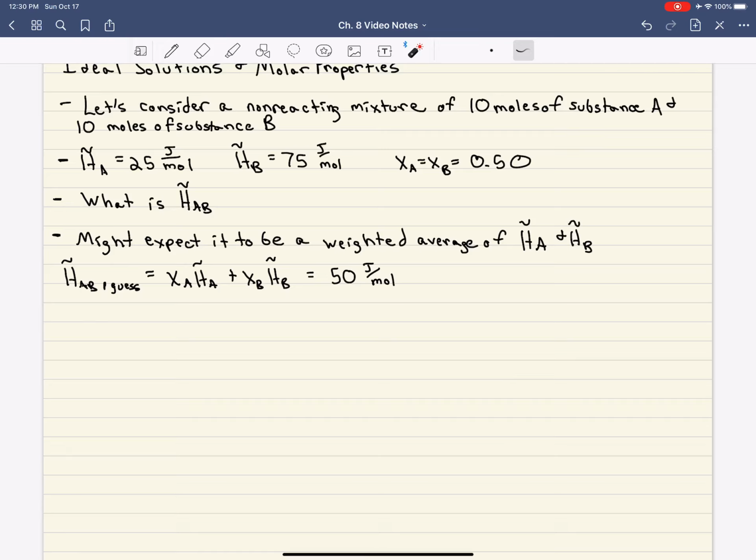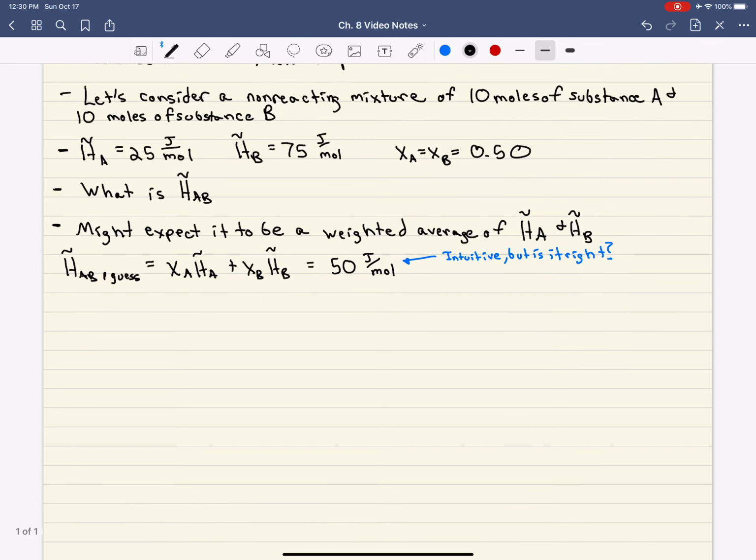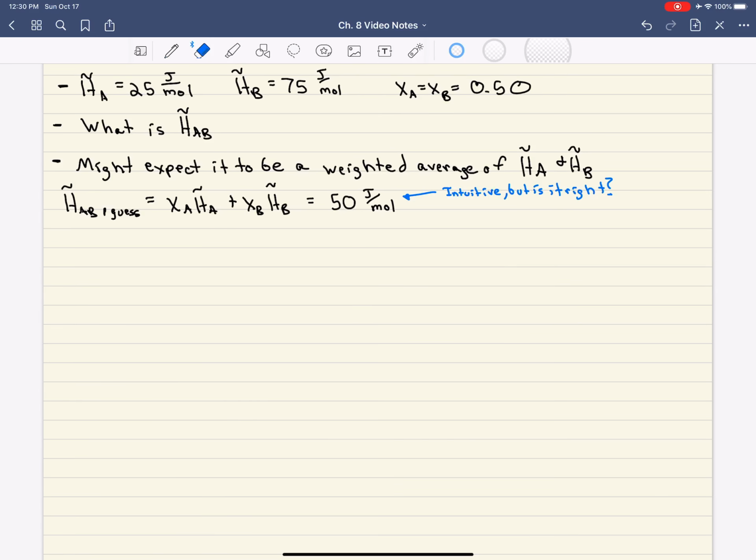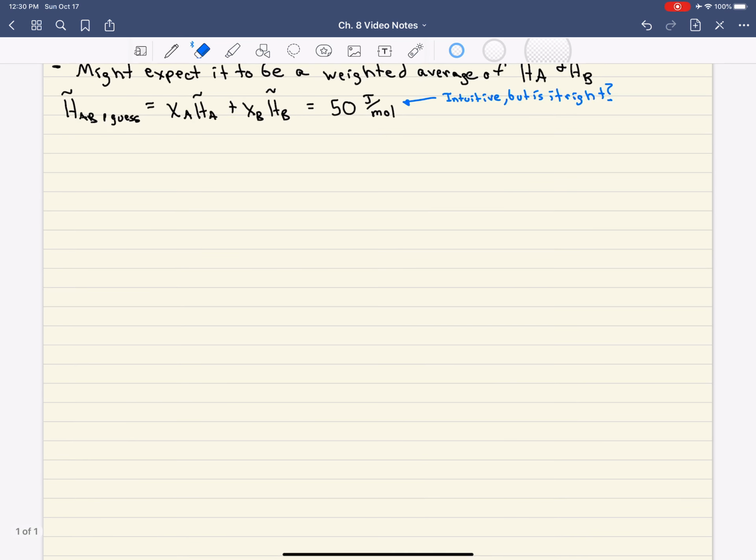Okay? Alright, and so this is just sort of the intuitive answer, or another way to say it is this is a very naive answer. But is this answer the correct one? Is this actually what the molar enthalpy of the mixture is going to be? Okay? Alright, and so in real life, if you wanted to evaluate this, you would do some sort of experiment. And so, let's do a thought experiment